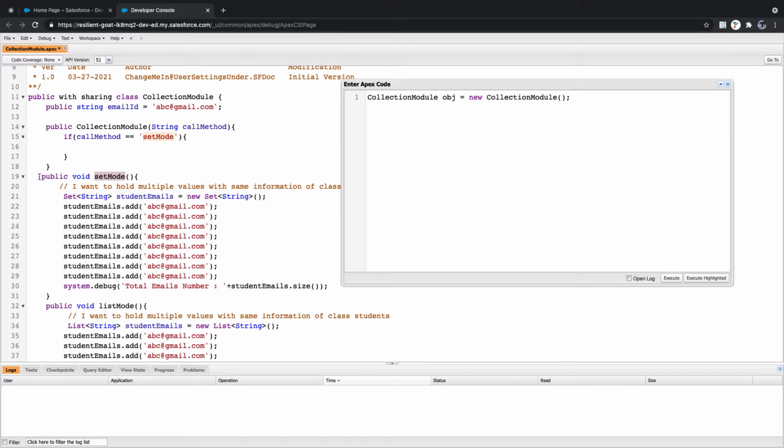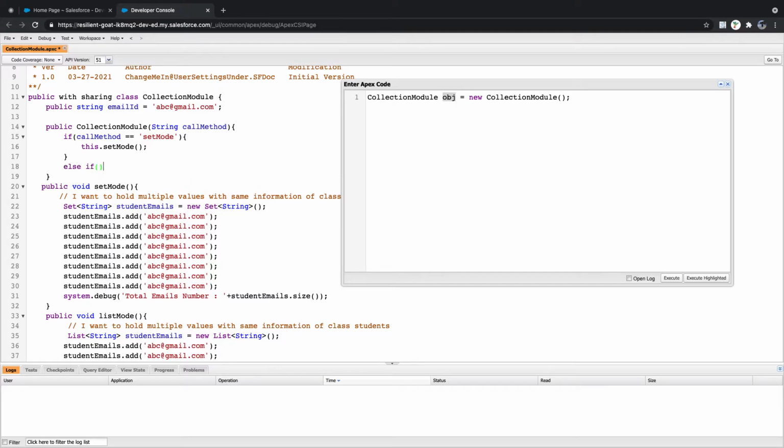Am I calling a non-static method inside a constructor, right? Here you can write simply set mode, or you can also say this dot, because you are trying to access your non-static method from a non-static method. You can also use a reference called this. Now this is talking about this object. So technically in the backend, this will be like obj dot set mode. But we can't access this variable right away, so we'll be using an instance reference called this.